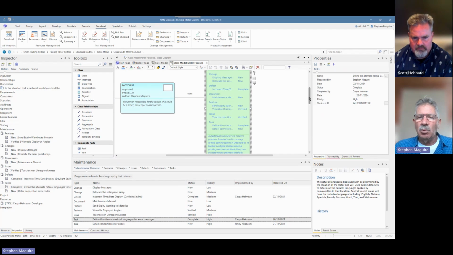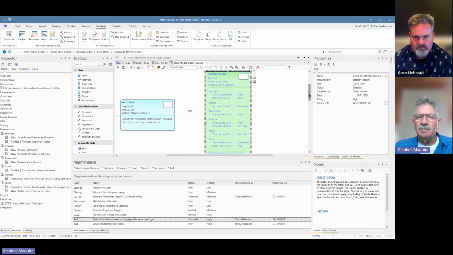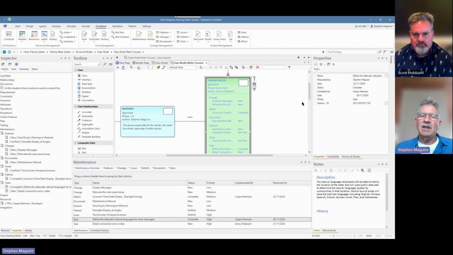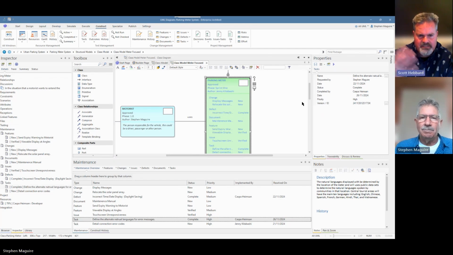updated as well, and you can see all of those items in there, and it's adding a richness to the elements in the tool. And it's not just class elements you can do this with, you can do it with any element in the repository. So it makes it really comprehensive, and if you know something's wrong with the system and someone else in